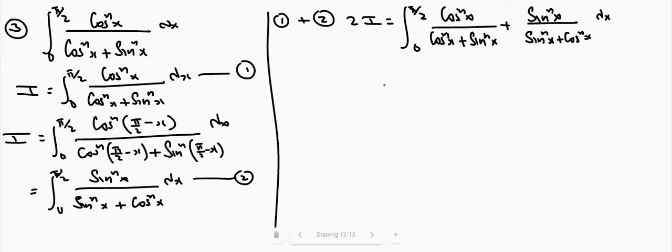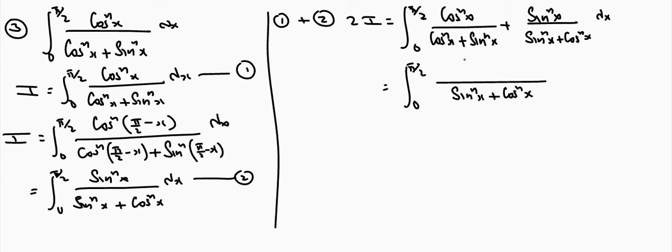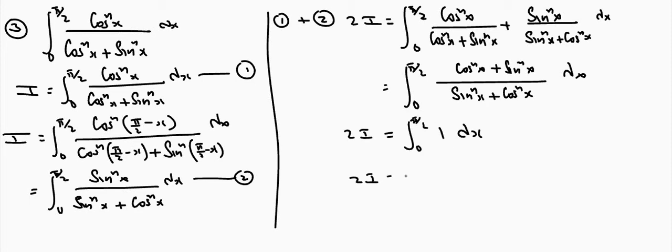Then we get integral 0 to pi by 2, denominator will be sin raised to nx plus cos raised to nx, numerator cos raised to nx plus sin raised to nx dx. We get 2I equals integral 0 to pi by 2 1 dx. Integration of 1 is x, upper limit minus lower limit. Then we get 2I equals pi by 2. The final answer will be I is equal to